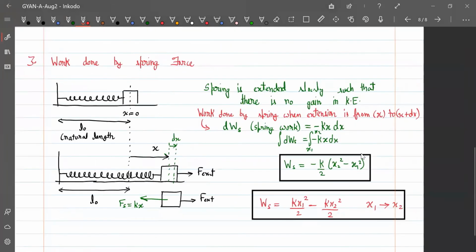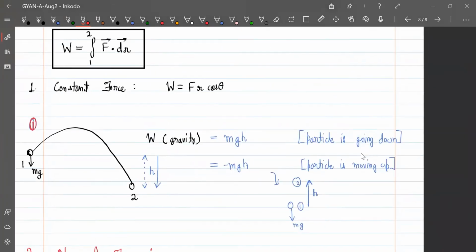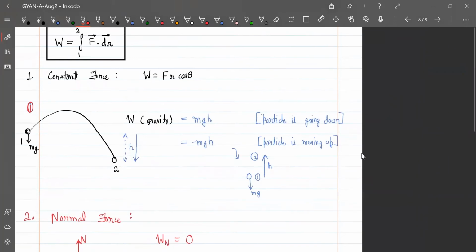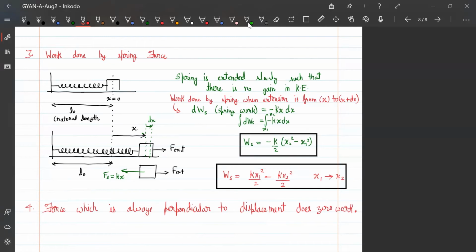Okay, note this down, starting from here. Work done by gravity is mgh if going down, and if going up it will be minus mgh. So I hope you have noted this. Work done by spring is kx1 square by 2 minus kx2 square by 2 when spring is extending from